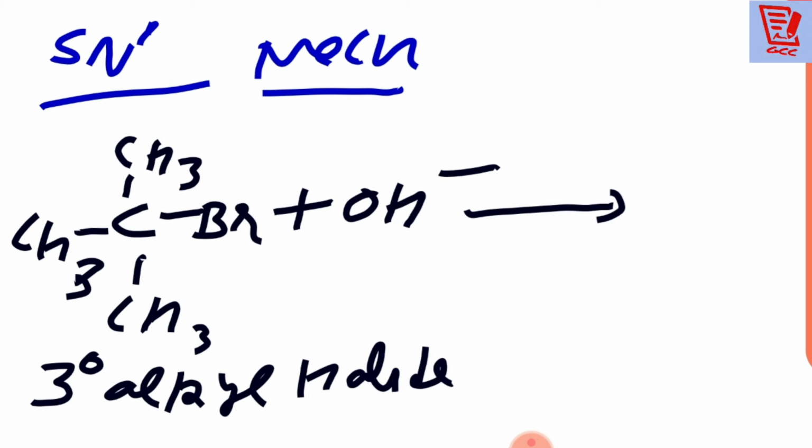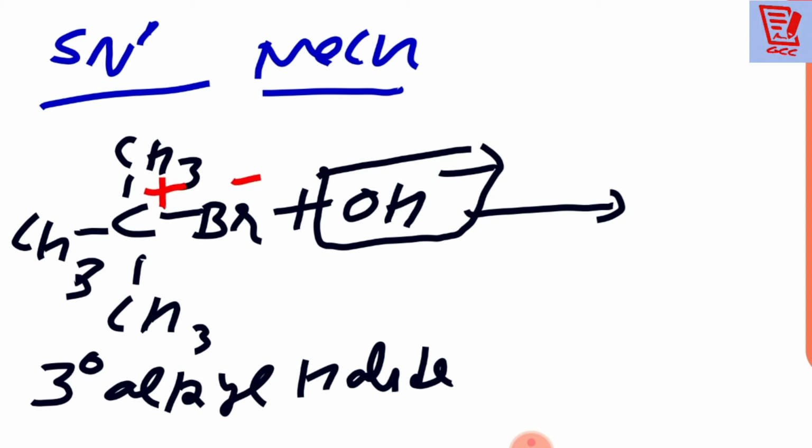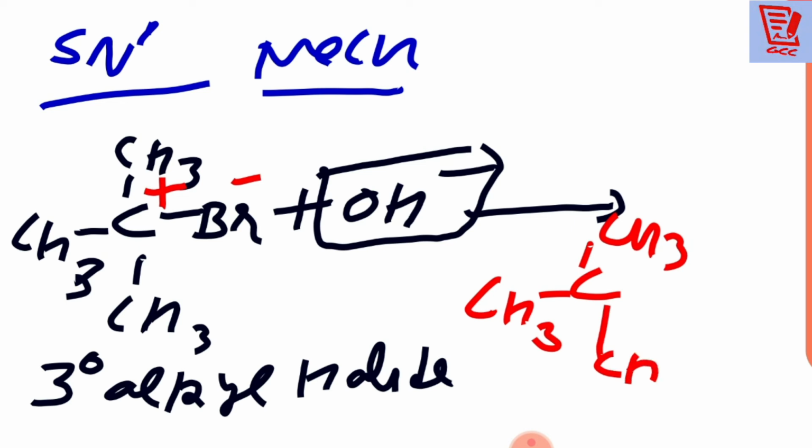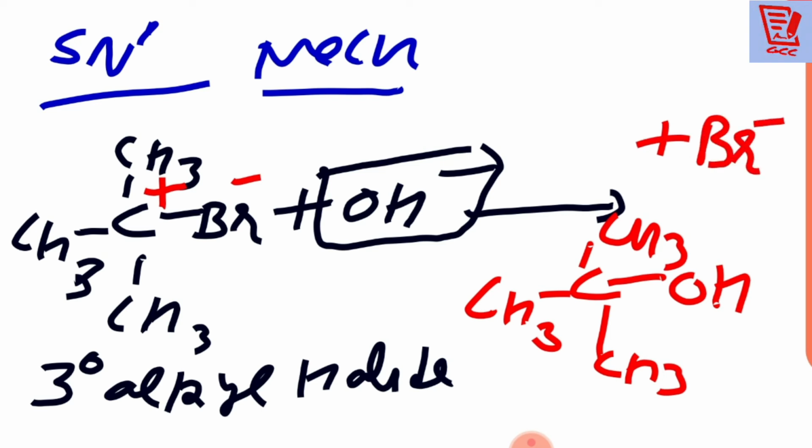And this is a nucleophile, OH negative is a nucleophile. Now a question might arise in your mind, sir, why are you using a tertiary alkyl halide at the start? That I will tell you. Now OH negative attacks the C positive, and Br negative acts as the leaving group. Then the product will be (CH3)3C-OH. This reaction we have formed, and we call it the SN1 reaction. You know why SN1? That I will tell you.